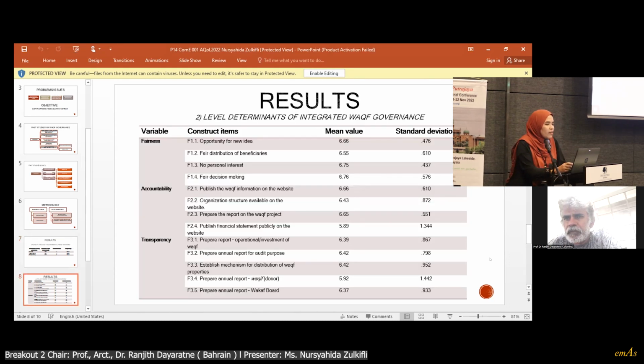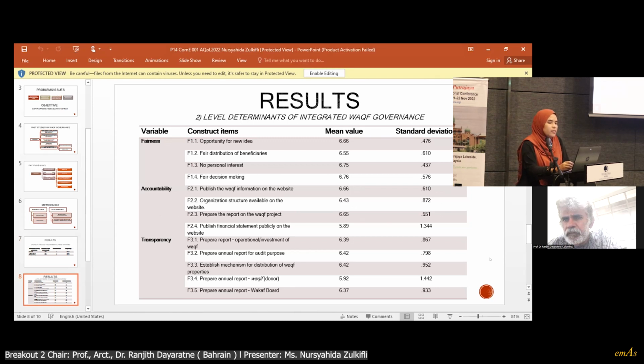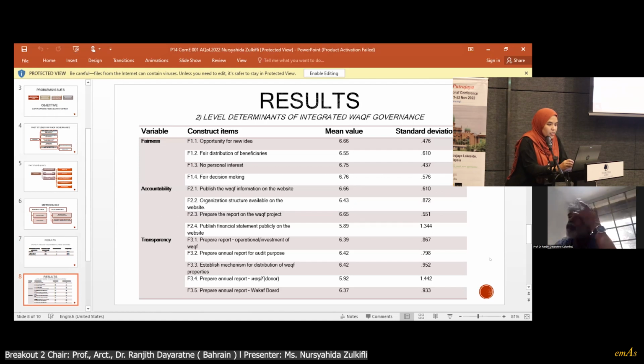Okay, and then for the level of determinants of integrated wakaf governance, based on these three variables, we can say that fairness, accountability, and transparency in the wakaf institution are considered high practices among the wakaf administrators, because the mean value is greater than